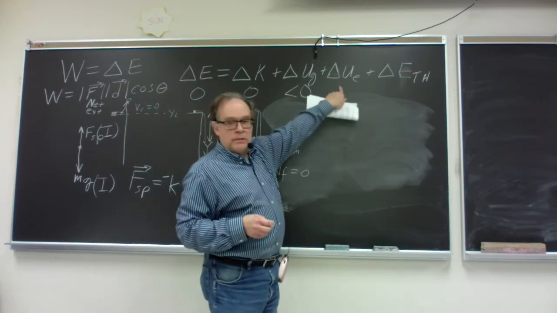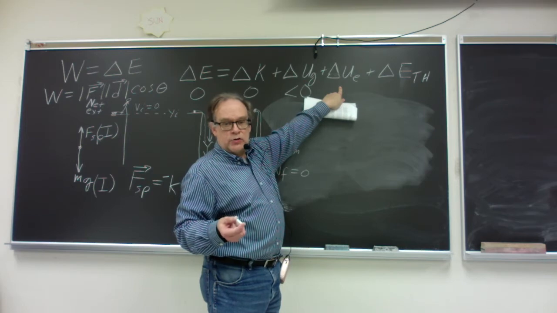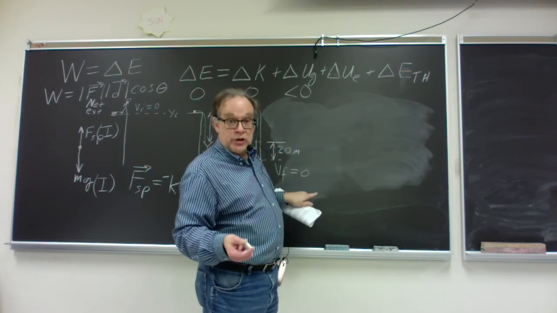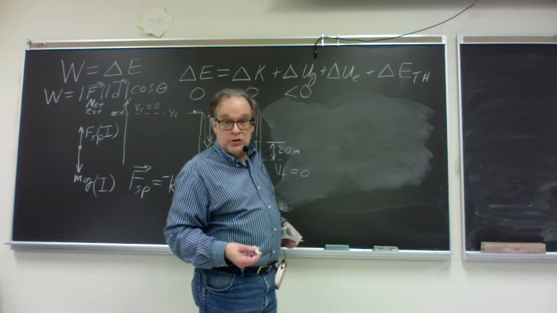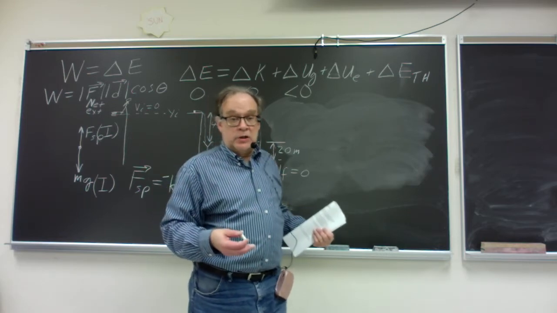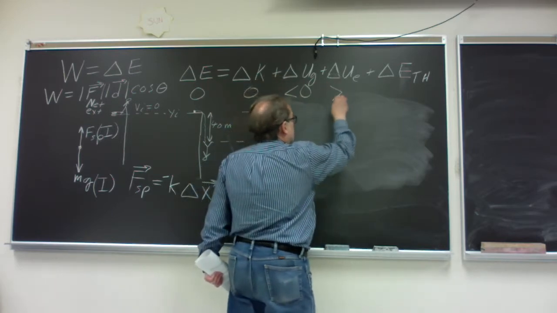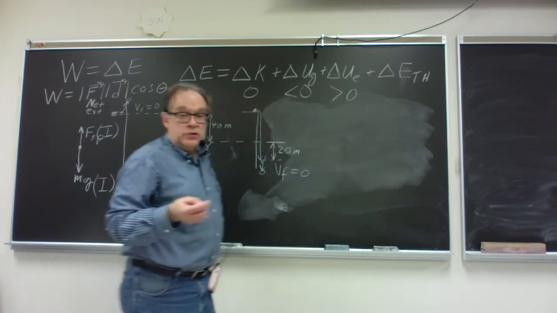So initially, no stretching, so no elastic potential energy, but in the final state there is stretching, so there is elastic potential energy. Elastic potential energy increased from zero to something greater than zero, so it's a positive